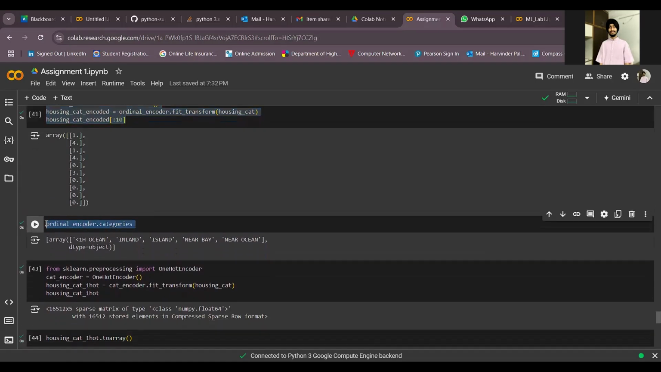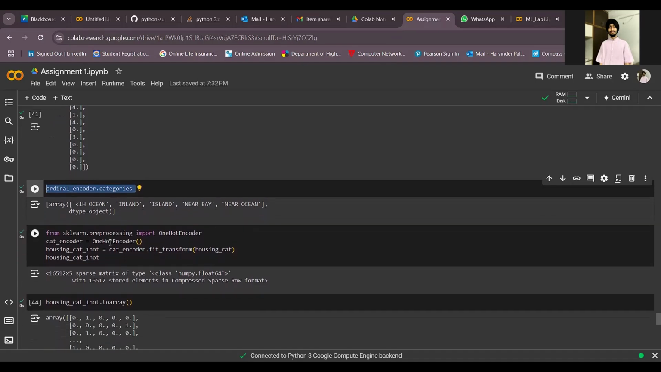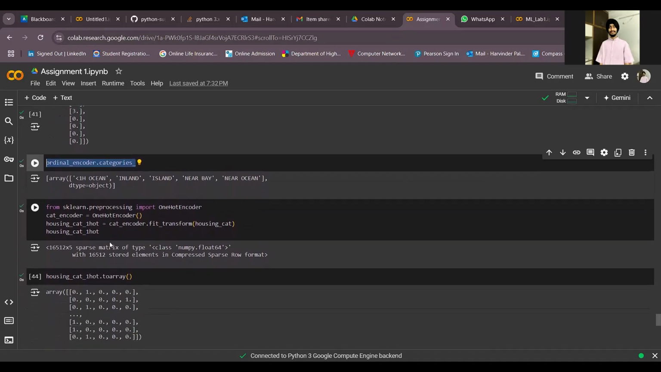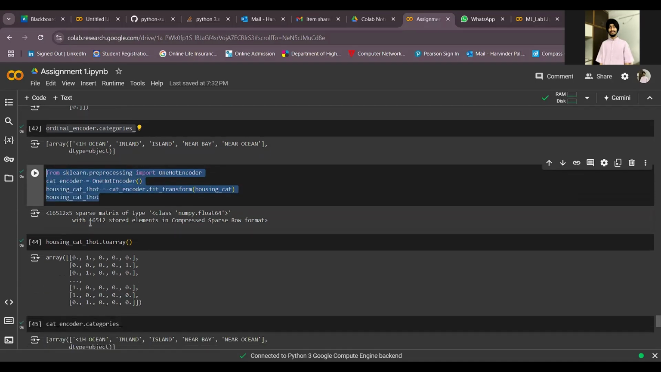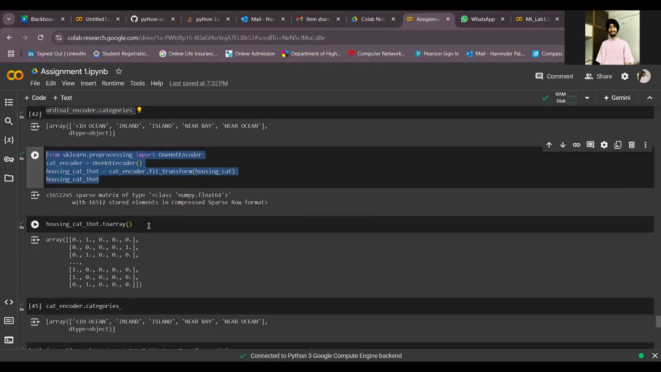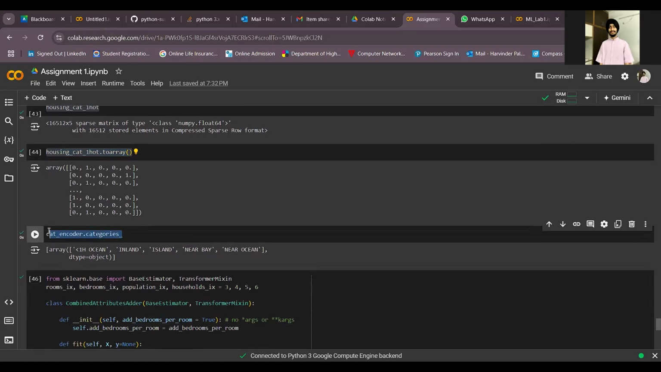Then this ordinal encoder categories provides information about the unique categories that were identified and coded by the ordinal encoder. Then it uses the scikit-learn one hot encoder to transform the categorical housing cat data into one hot encoded format. After that, this command converts the sparse matrix housing cat into a dense numpy array. Then cat encoder categories,